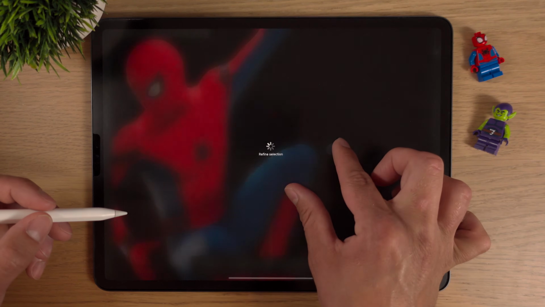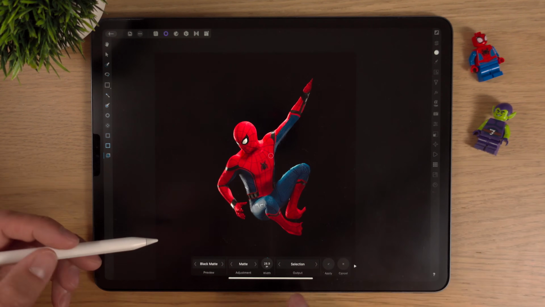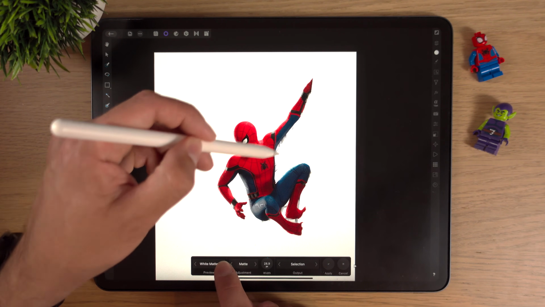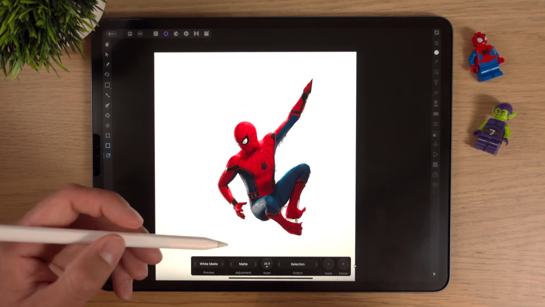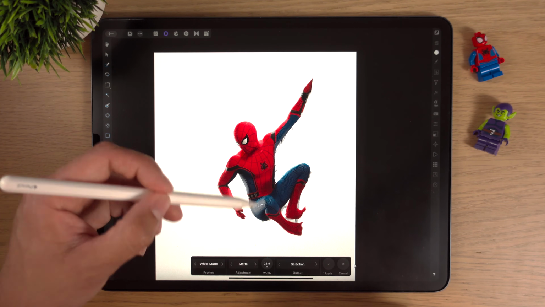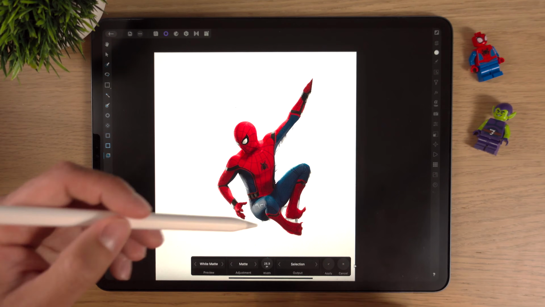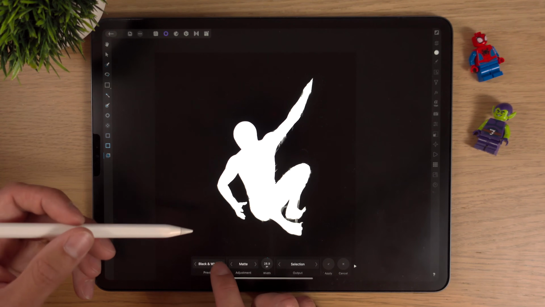That's maybe better the way it was before. So yeah, I'm happy enough with that. You can see there's some artifacts here. If I was doing this for a quote-unquote real project, I'd probably do a selection or maybe even use the pen tool to go round. But for the purposes of this video, this here's great, transparent, you can see in black and white, that looks